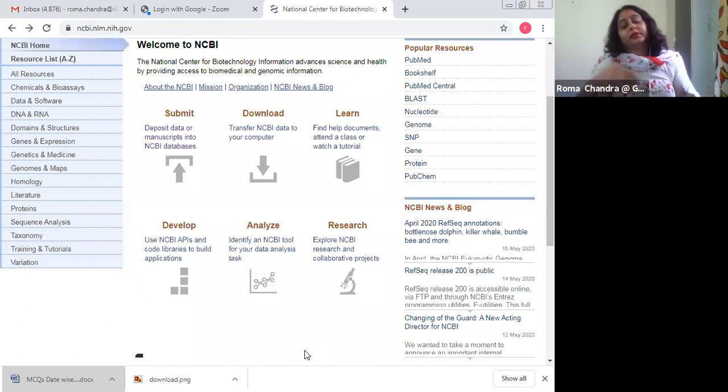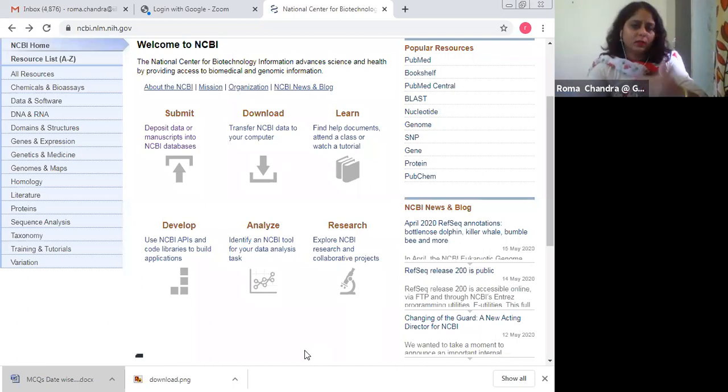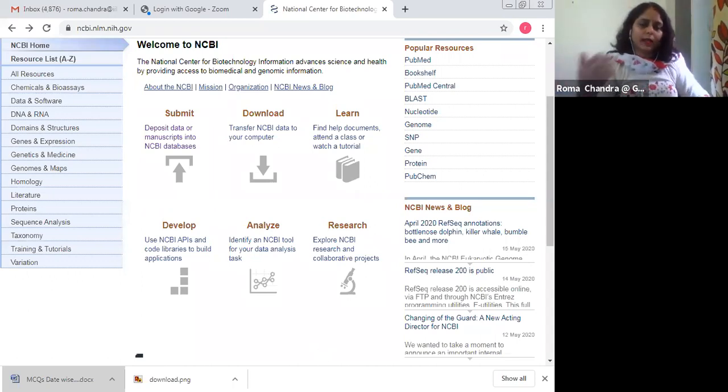Okay, then with respect to the retrieval of data, if I want to extract some kind of information, I can just go to the tab download. So the data will be downloaded on your computer system or whatever system you are using. Okay, if I want to find a certain document, and I am aware of the keywords in the document, or if there is some kind of accession number given to the document, then I can go through the learn tab, and through this I can extract various online books and information related to any topic related to biological data.